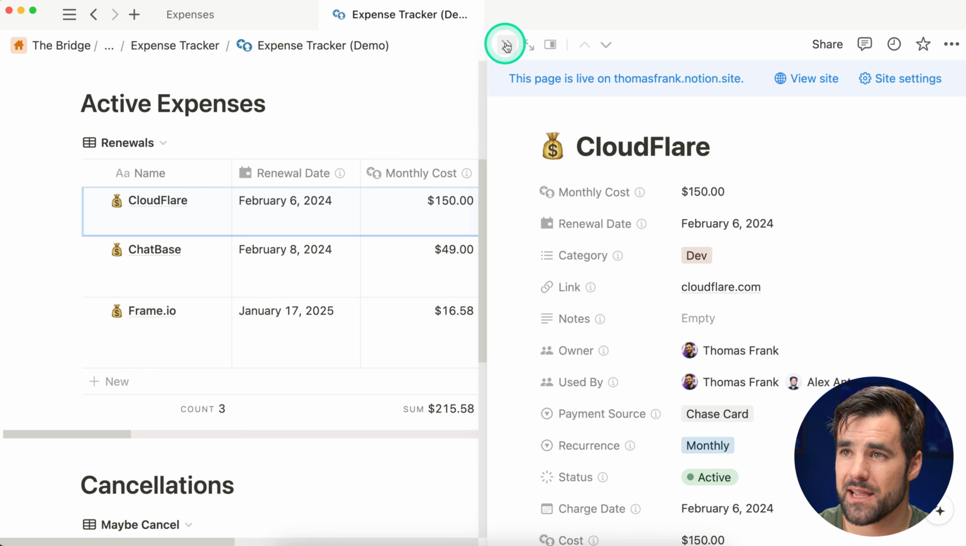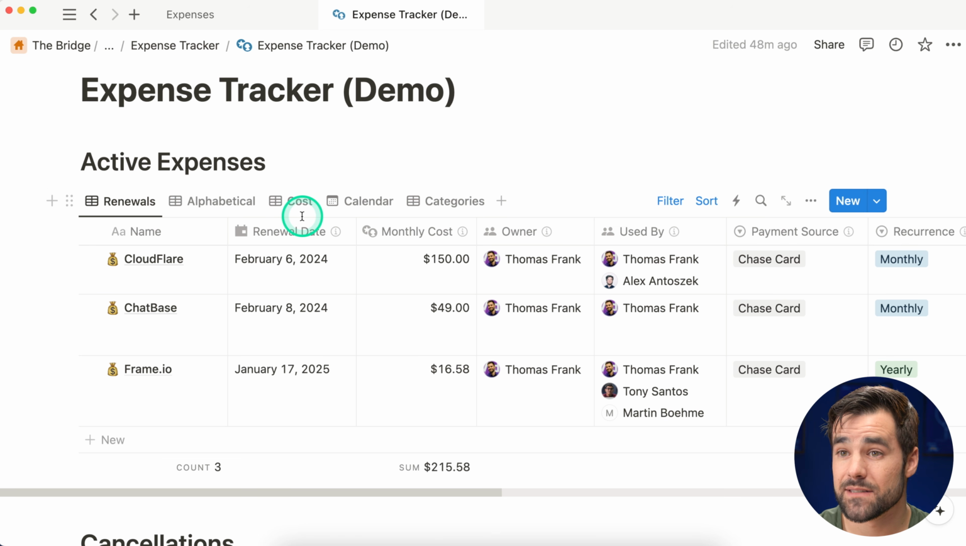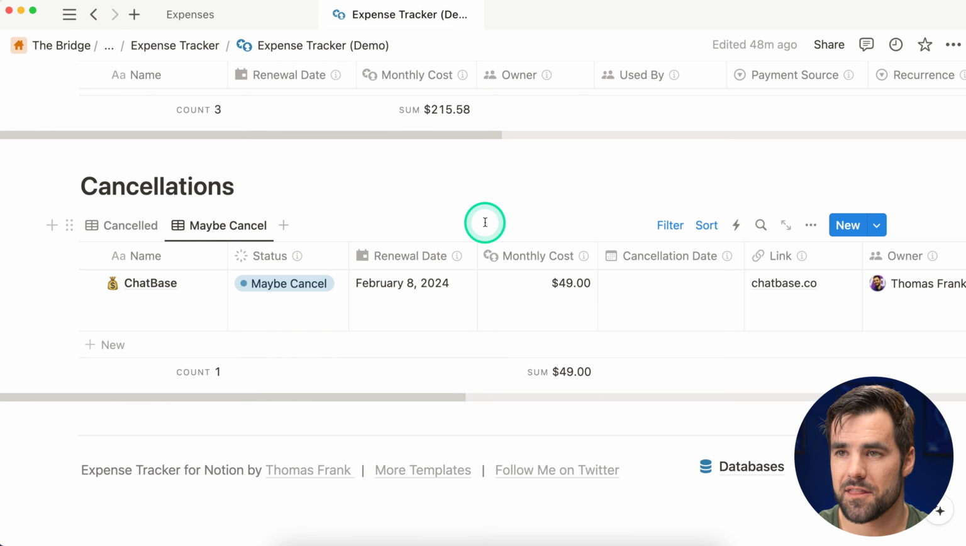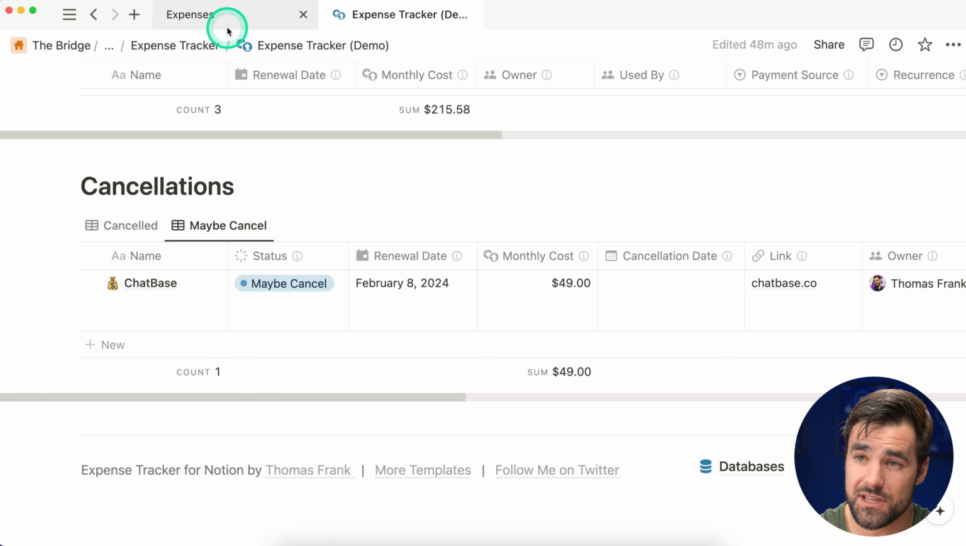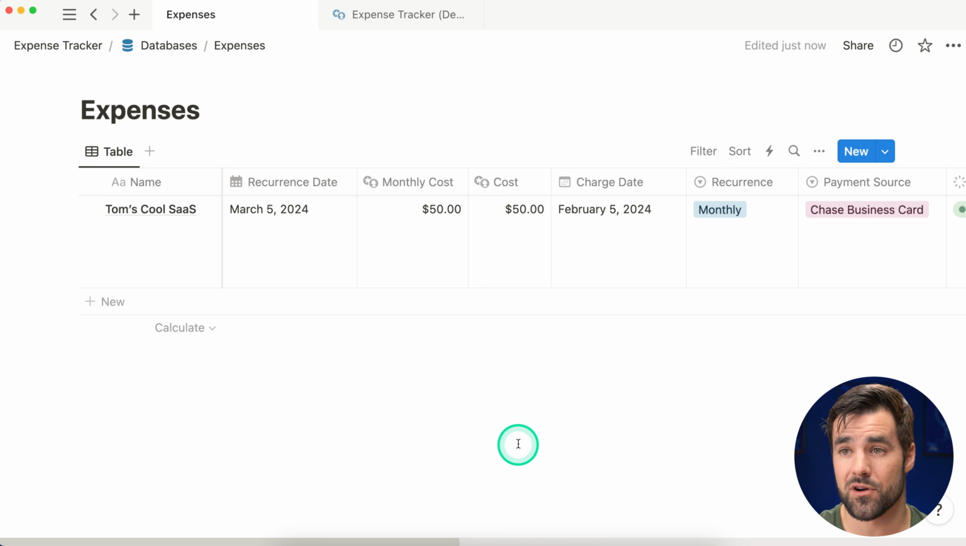And before we go on to making this nice little dashboard here with our active expenses and our cancellations, I think I'm going to talk about how you can actually hook this up to Notion Calendar, because that might be the most useful part of this entire build, is hooking this to Notion Calendar so you can actually see your upcoming renewals on your calendar and catch the ones you want to cancel instead of getting charged again. So to do that,